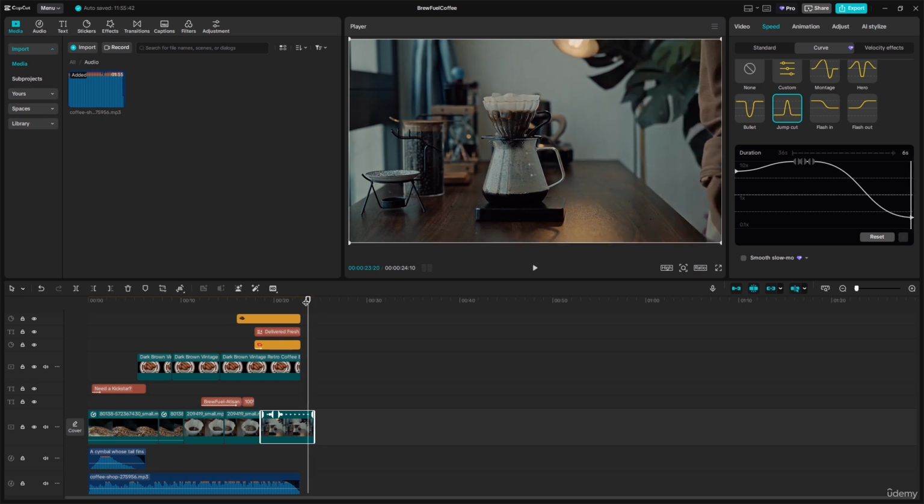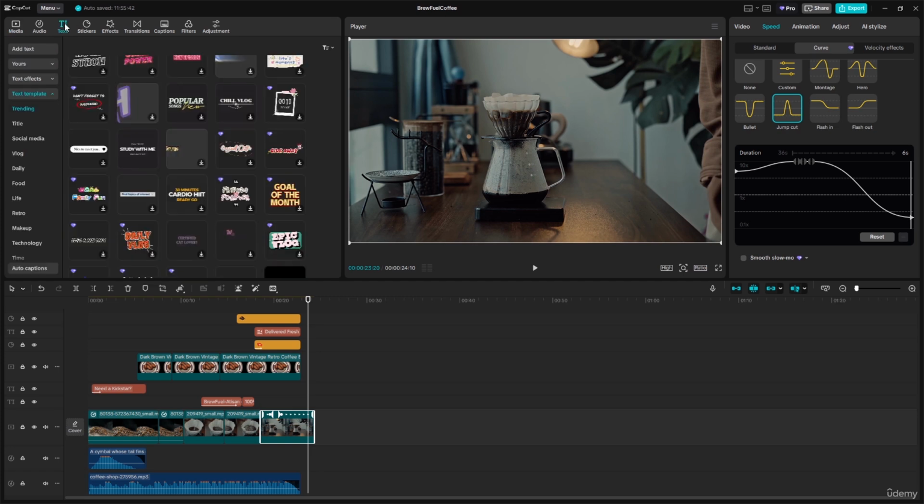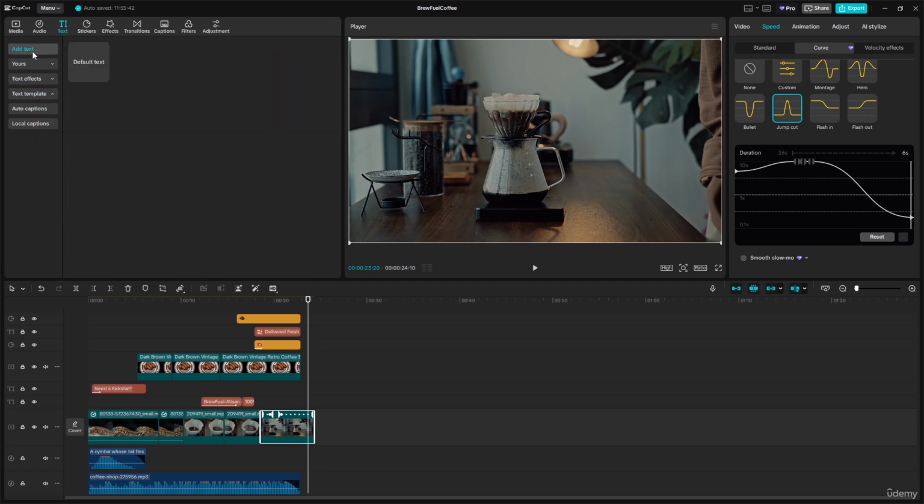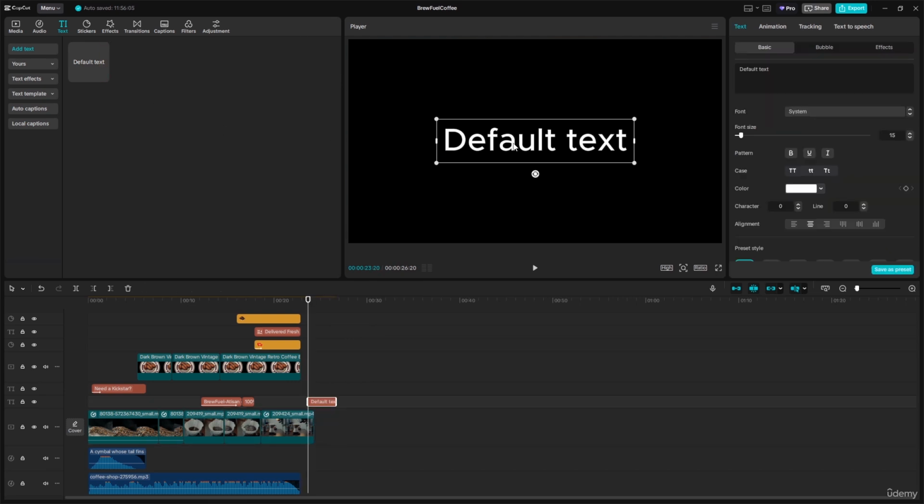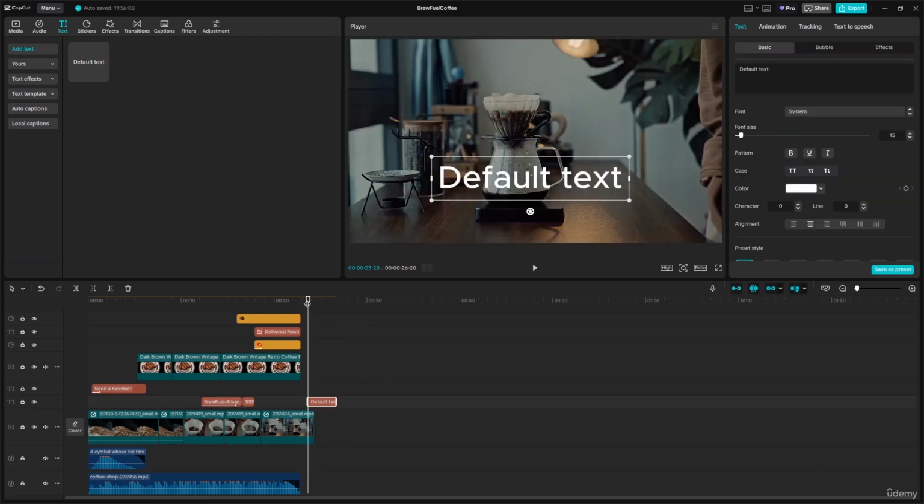And we're gonna do, so let's use another text like call to actions. So we're gonna want to use the text over here, and use the add text, and I'm gonna use this text over here, and this time what I'm gonna do, so let's use the text like something, let's say the order, so like order, and now add like brewfuel.com. Okay, so and that's it. So let's resize it over here,